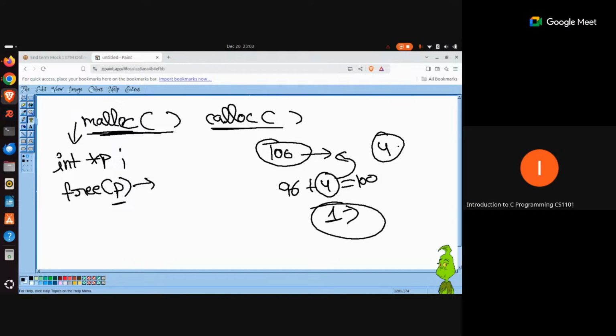But if you didn't free this memory, those 4 bytes won't exist, because the operating system will still think that you are working with this memory and it cannot be allocated to other processes. So in order to release this memory so that it can become available to other processes, or to the same program at a later point of time, you free that particular memory chunk that you had requested using malloc or calloc, using the free function.